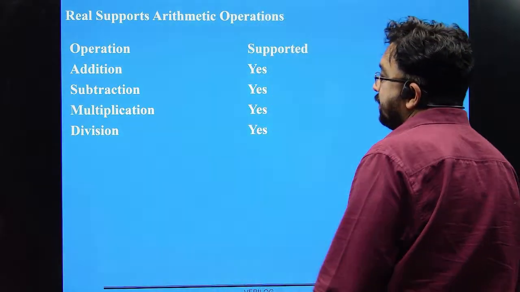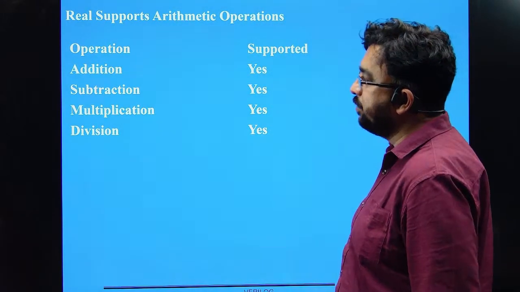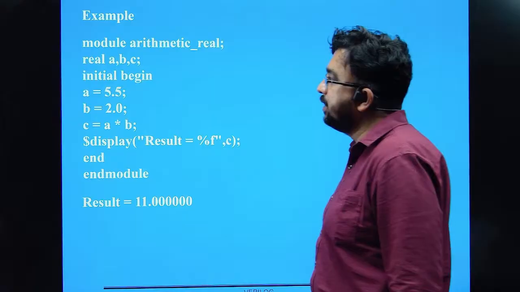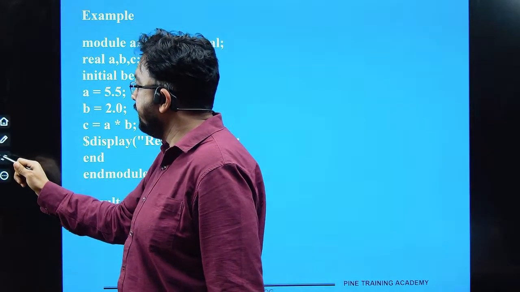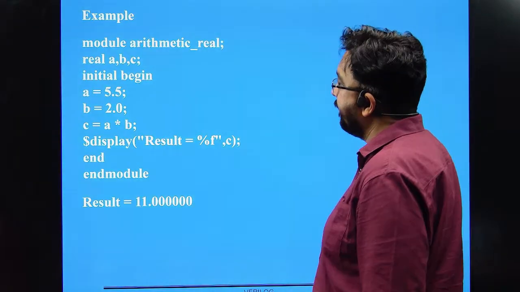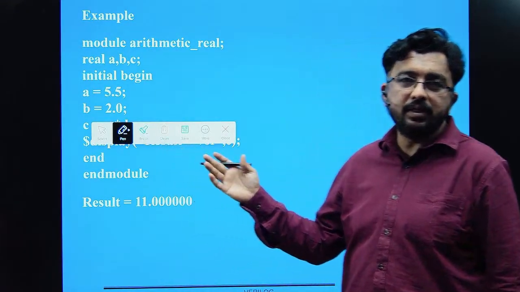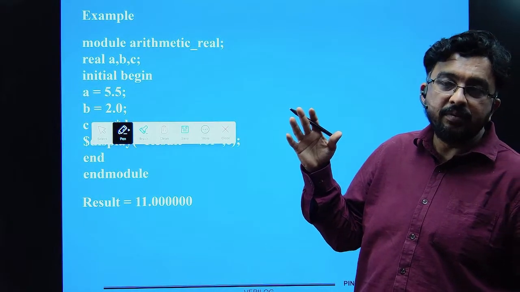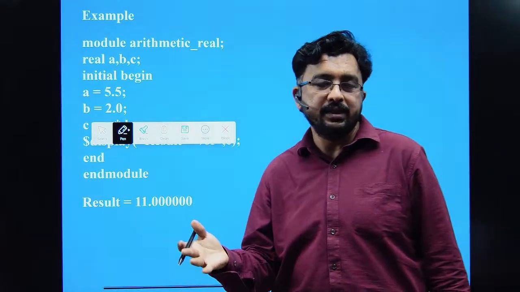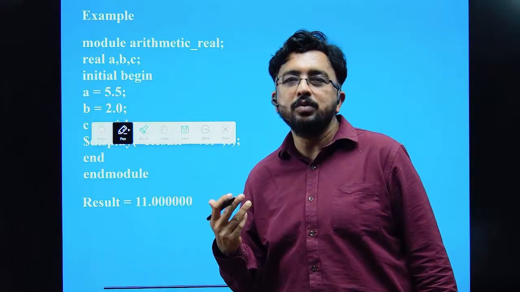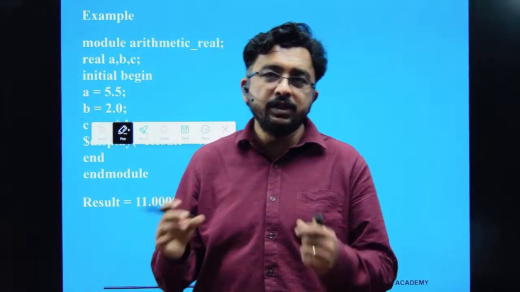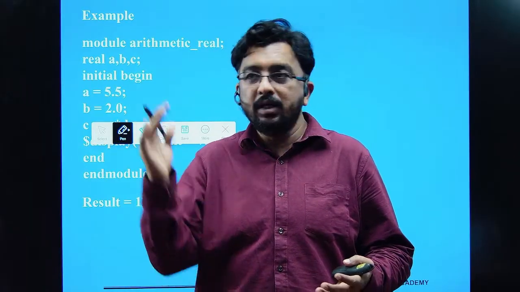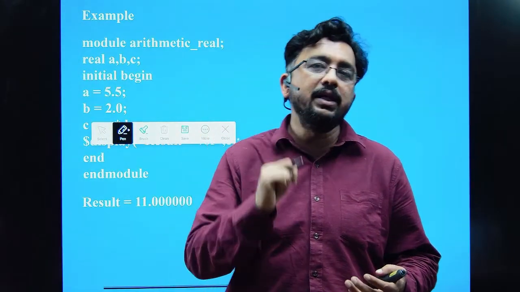Again, real supports arithmetic operations like addition, subtraction, multiplication, and division. Just a simple example: you have defined three variables. ये मैं बस आपको अलग अलग पीपीटीज के अंदर दिखाने की कोशिश कर रहा हूँ कि कैसे बेसिकली real यूज करते हैं, कैसे दिखता है, कैसे कॉल होता है। जब मैं पढ़ रहा हूं तो अगर एक लाइन में, एक पैराग्राफ में मुझे ये नहीं समझ में आया तो मैं अलग अलग जाके एनालाइज करूंगा। तो यही काम मैंने आपके लिए किया है।